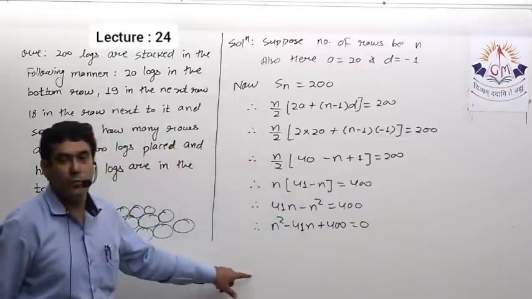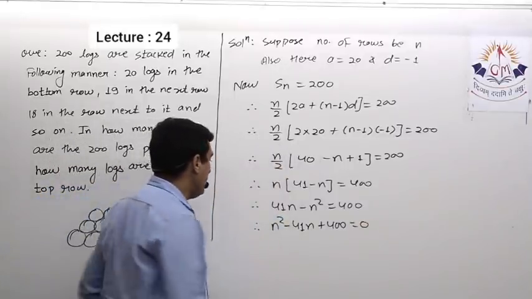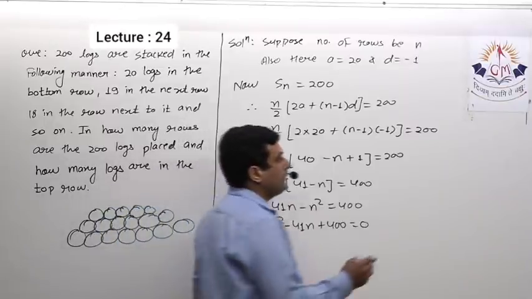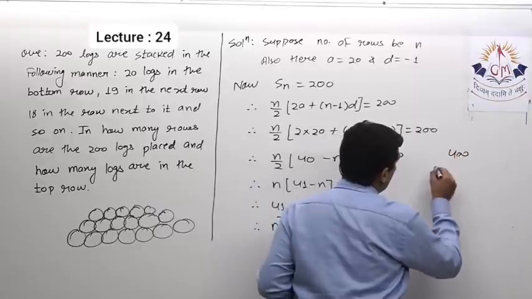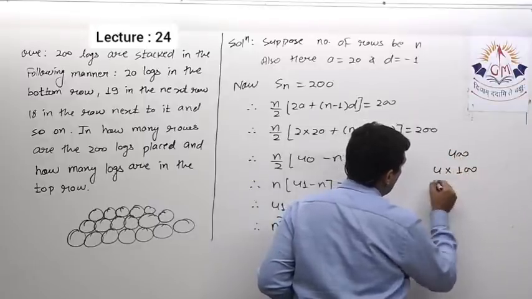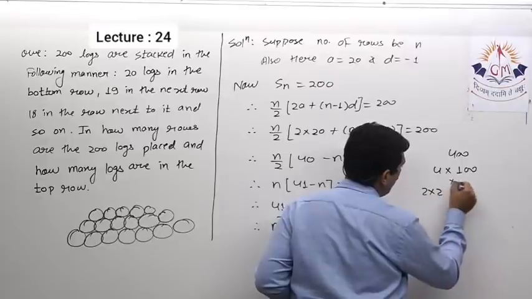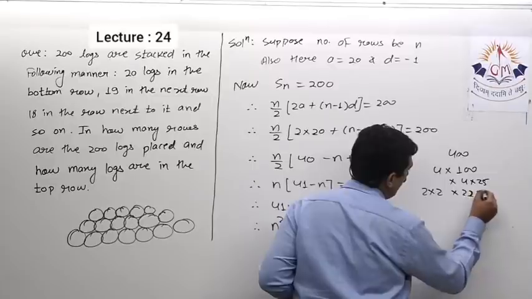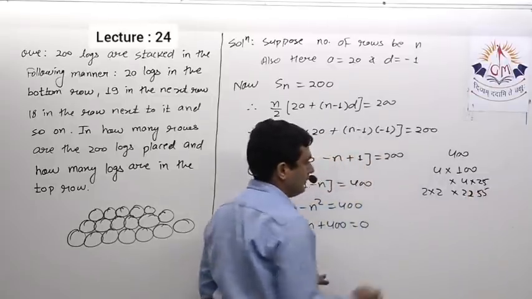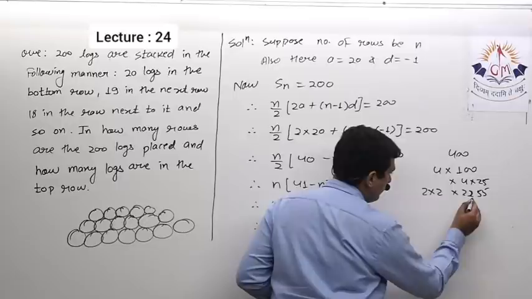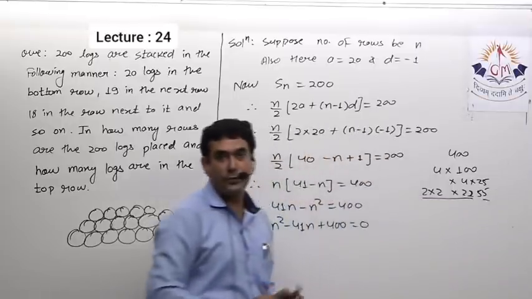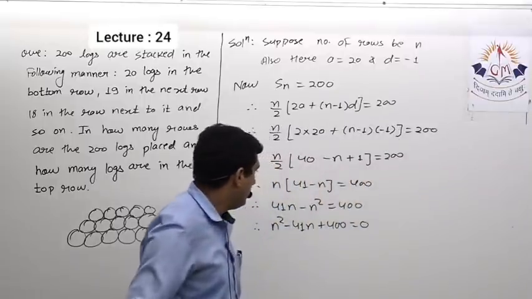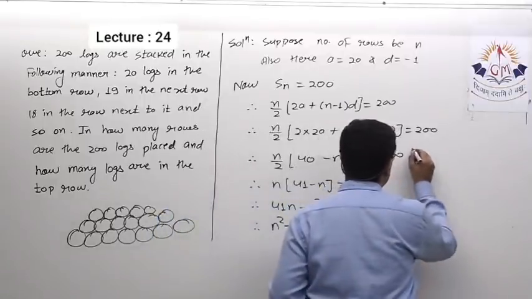So to get the value of n I have to apply splitting the middle term. Okay, so for that I need to find the factors of 400. So factors of 400, so I can say actually 4 into 100, so 2 into 2, and from here 4 into 25, so 2 into 2 into 5 into 5. These will be the factors. So 16 and 25, that gives you 41. So it's easy. Okay, so let us see how to solve it further.